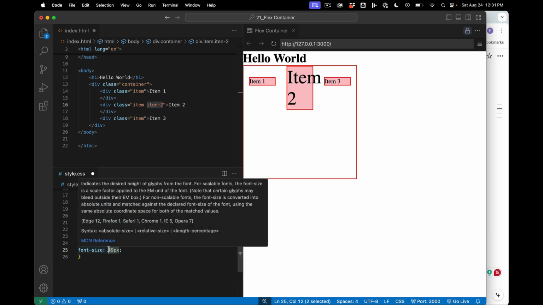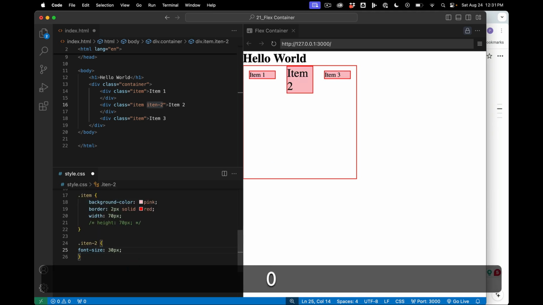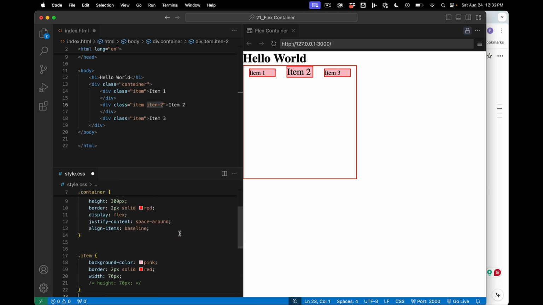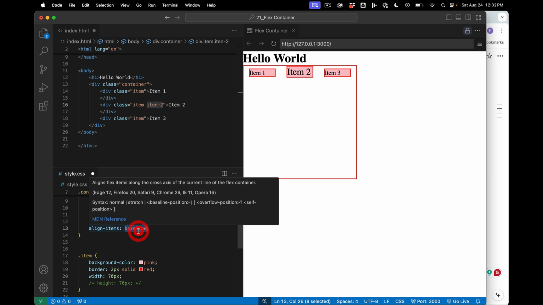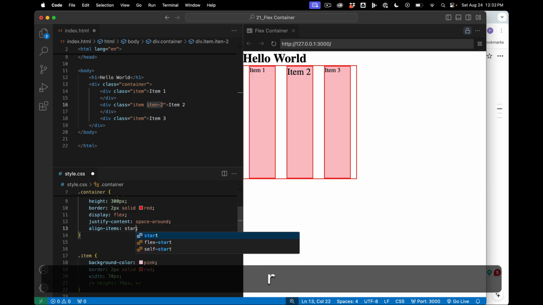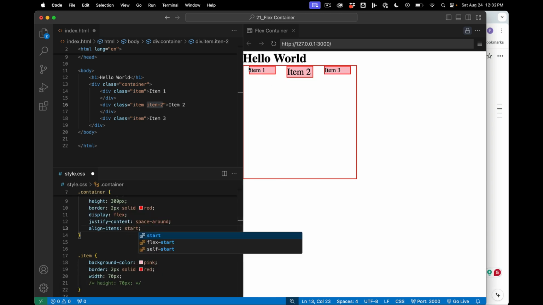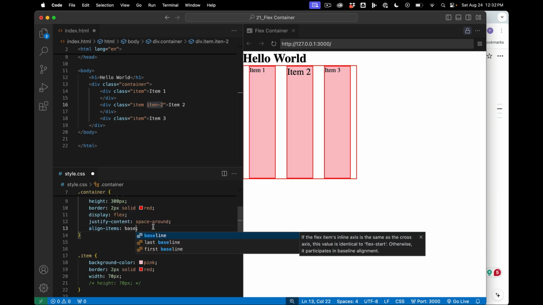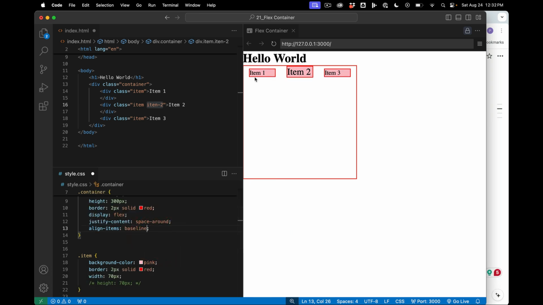That's too big. How about 30? Okay. So if I say start, the block goes to the top, but if I do baseline, it will align to the baseline of the items,